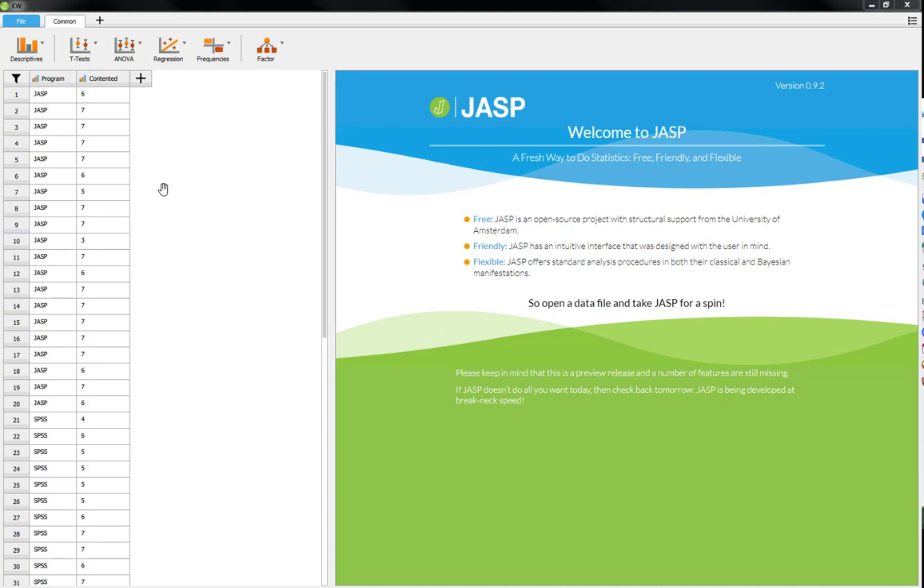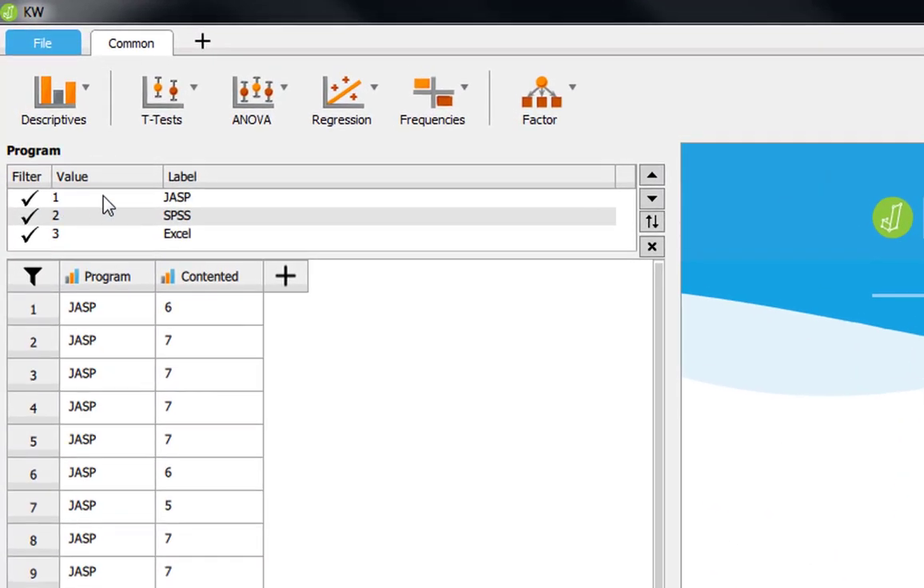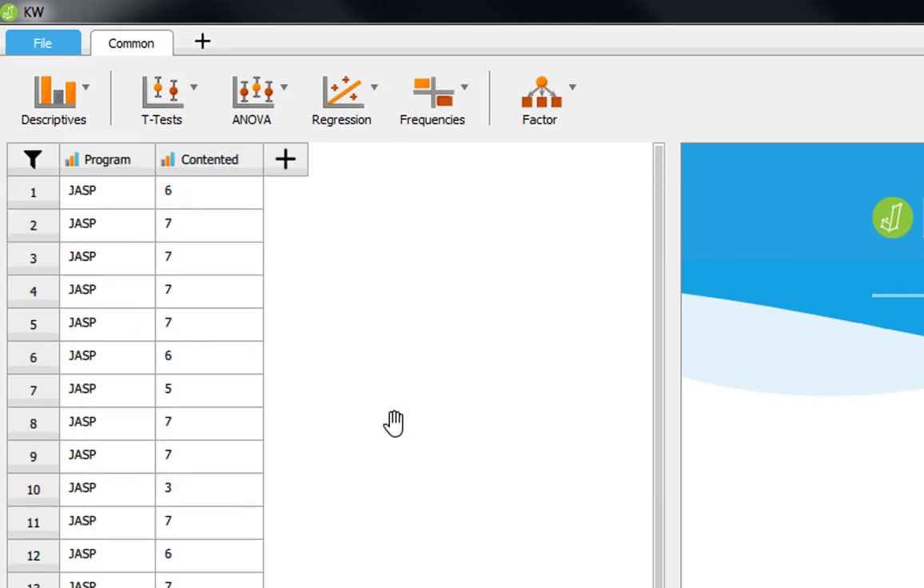The example that we're going to be looking at today, we're going to look at three groups of different statistical program users. So we've got JASP, SPSS and Excel users, and we ask them how contented they are with their program of choice on a 1 to 7 Likert scale. We can make the case, because it's a Likert scale, that it's ordinal data anyway, and we should be treating it as non-parametric data. We can explore this data a little bit more if we go to descriptive statistics,